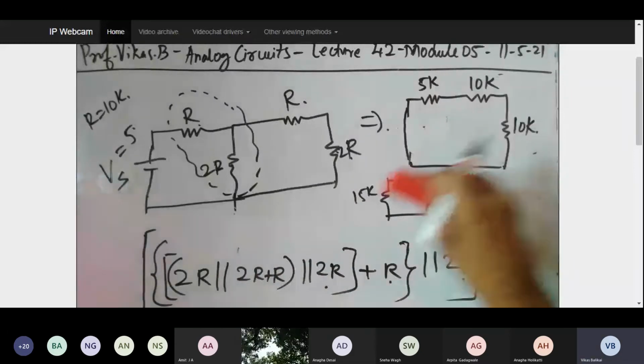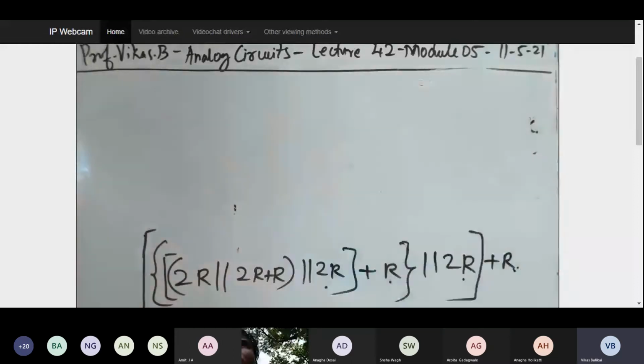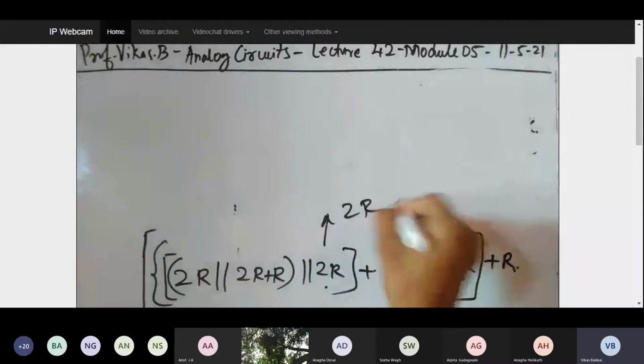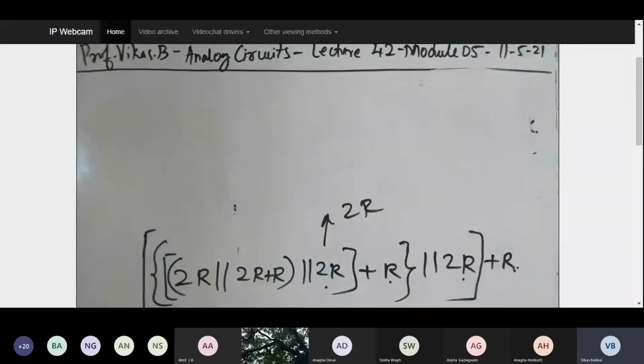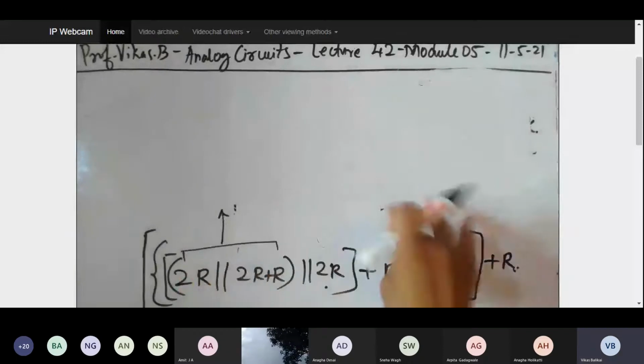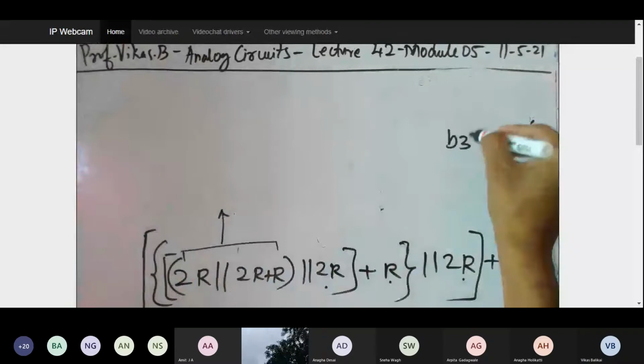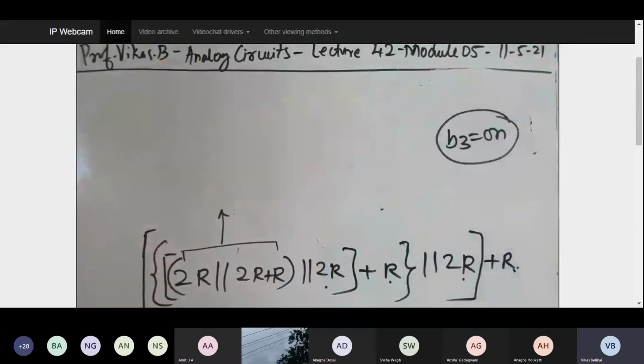Now from here onwards, the question was, how did I arrive at the final equation of this? I got it as 2R. When I solved it, finally I wrote it as 2R. Now somebody asked me, how did you obtain this 2R? So let's try to solve it. Simple. So let's first try to solve this equation. This is the entire output in 2R when B3 is on. I need to be doing it for all the bits. Okay, let's try to do it.